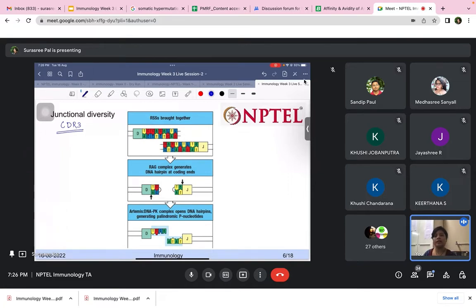And this is why the CDR3 also exhibits a junctional diversity. What is that? So when these V, D and J segments recombine to form the CDR3, there are certain events which take place which are not recombination but the random addition of certain nucleotides, which also